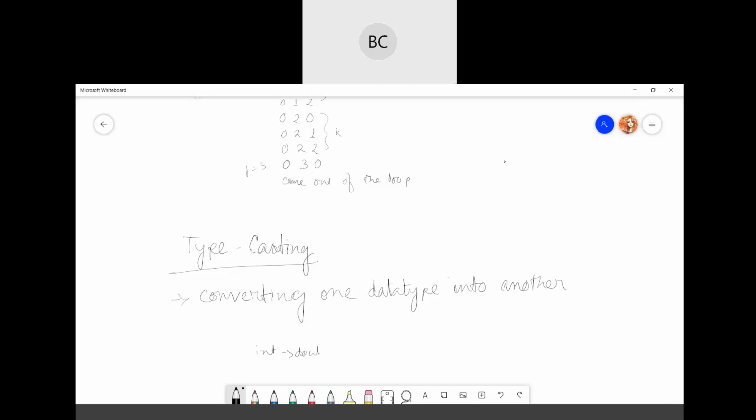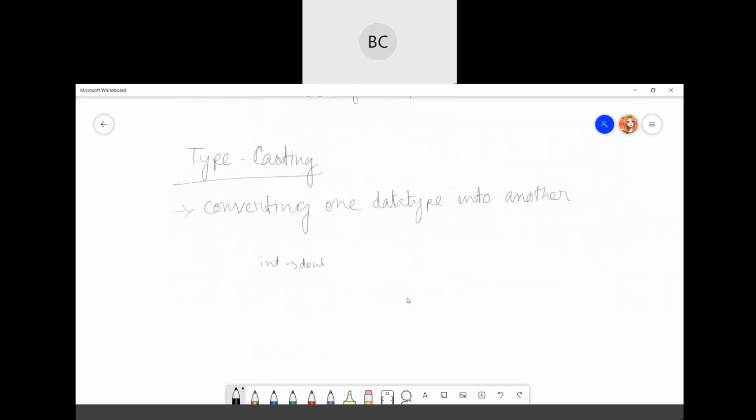The syntax uses a cast operator: you write the type name, whatever data type you want, then the expression. Explicit conversion converts a higher data type, like a long value, into an int value.